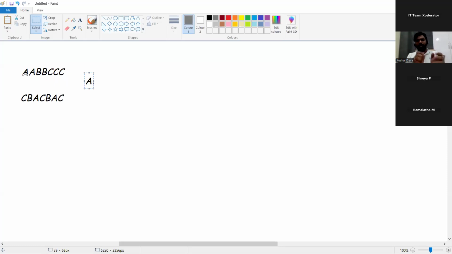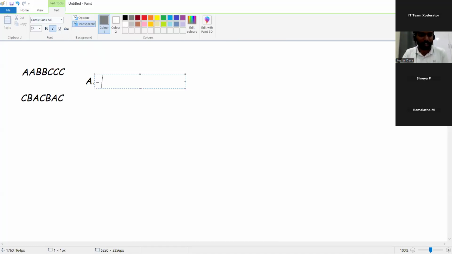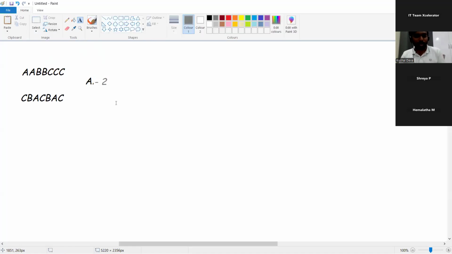So let's say the basic logic here is exactly what, guys. Let's say I don't have any idea how to solve it. The first basic way I'll try: I'll pick the character A and find the frequency of the character A in string one. What's the frequency of A in string one? It's 2, correct. After this, I'll also find the frequency of the character A in string two. If I also find the same frequency of 2, then I can say okay, the first character is fine.